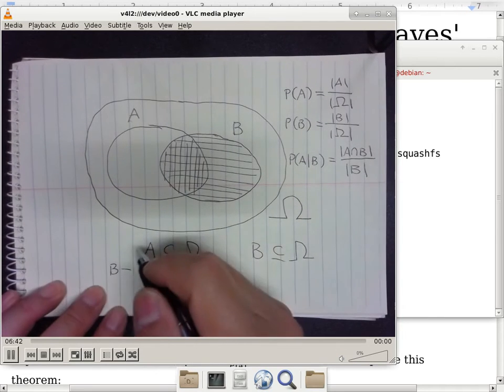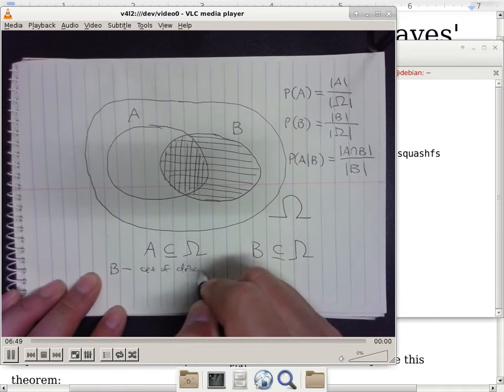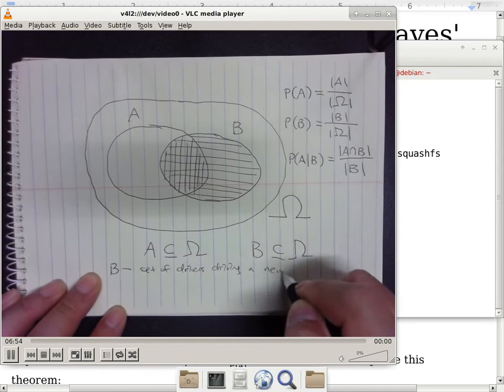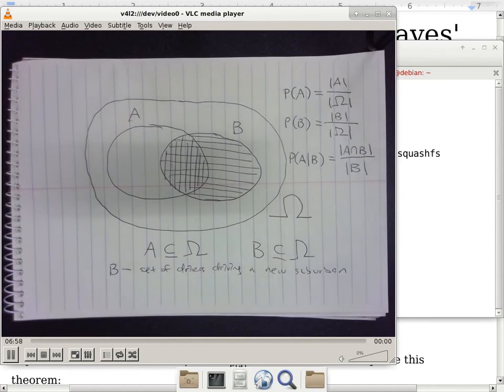Okay, so I'll just say that B is the set of drivers driving a new Suburban. Okay. So omega is going to be drivers, just period. Okay, just general drivers. B is the subset of drivers who own or with high frequency drive a Suburban. And we can look at set A as